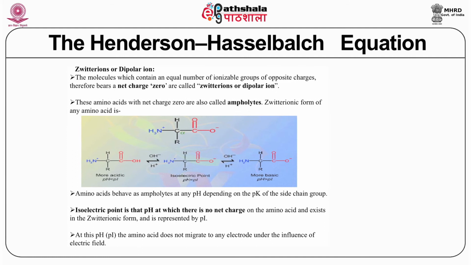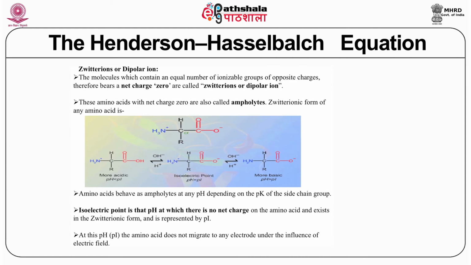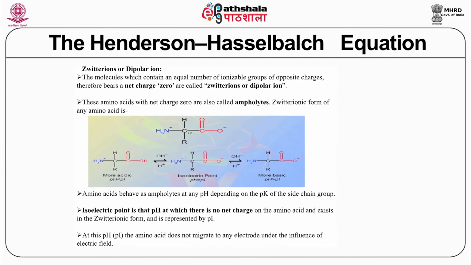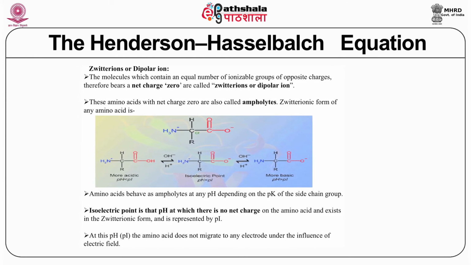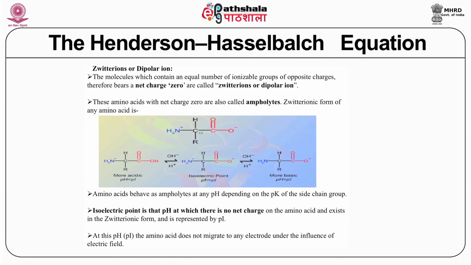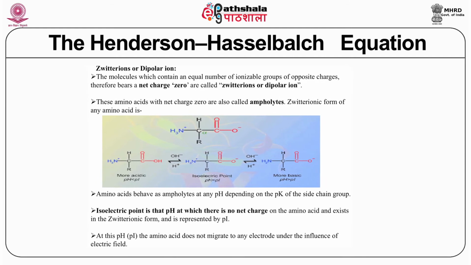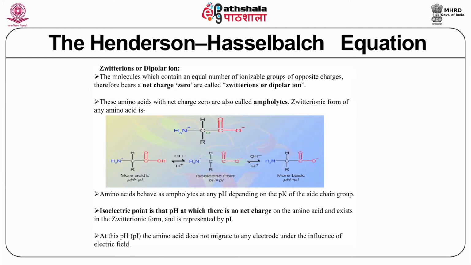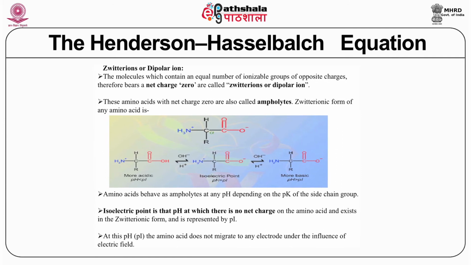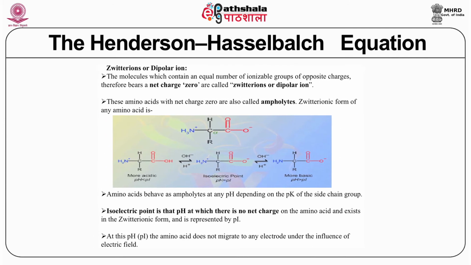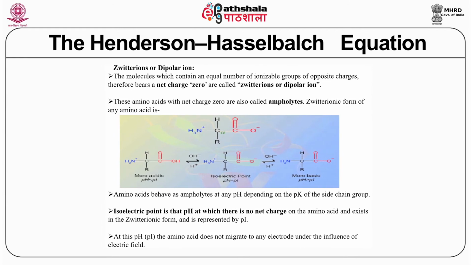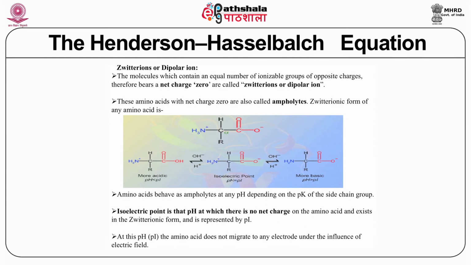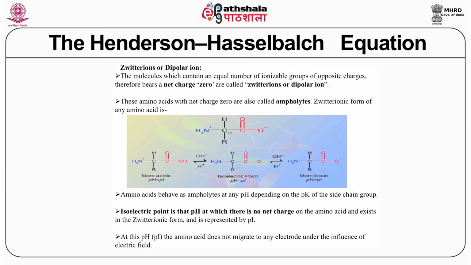In extreme acidic conditions, it will exist as NH3 plus because the carboxyl is protonated and not ionized. So it will have a total charge of plus, with NH3 plus and COOH on the left-hand side, as you see. But when you bring it to the neutral pH in the center, the amino group will be ionized as NH3 plus and the carboxyl will also be ionized as COO minus. So the Zwitter ion will have a net charge of 0.